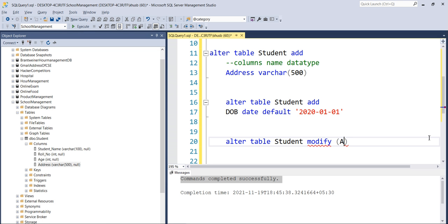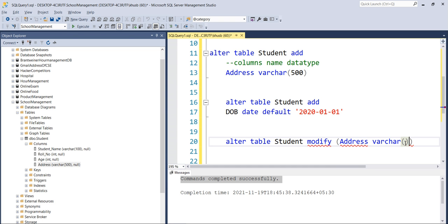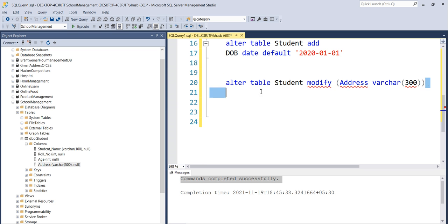I want to modify the address column, and this time I want to reduce the size of this address, presently we have 500 as a size. Now I want to reduce the value, so I will write 300. So I need to write something like this: alter table student modify, then the name of the column which is going to be present here, and then the data type which I currently want.